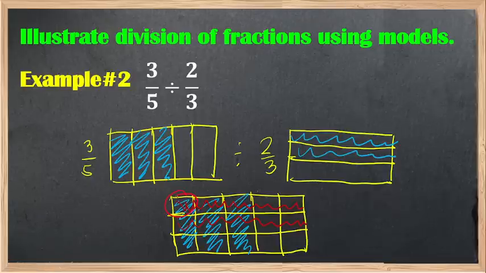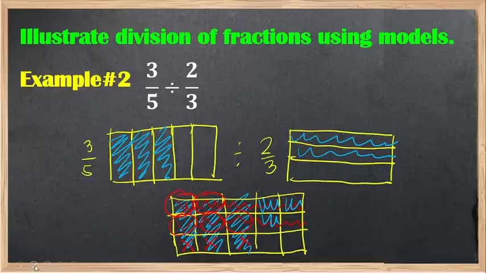Okay, let's focus on the double shaded region. We have 1, 2, 3, 4, 5, 6. We have 6 double shaded regions. But as you can see, if I remove these 3 shaded blue parts and place them to the other side, this one, 1, 2, 3. Then, as you can see, we have new double shaded regions of 1, wait. Let's fix the illustration.